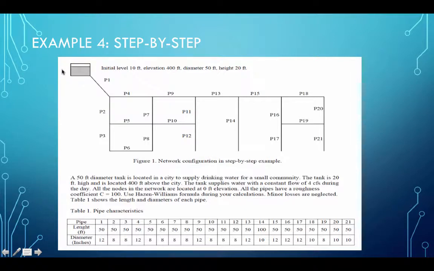a tank that has an initial level or initial depth of 10 feet. The tank bottom is located at 400 feet and the tank is 50 foot in diameter and it's up to 20 feet high. That tank is connected by this pipe 1 that's 50 feet long that supplies water to a node that is located at elevation 0. So it doesn't take a genius to figure out the 400 feet to 0 feet is more than 50, so